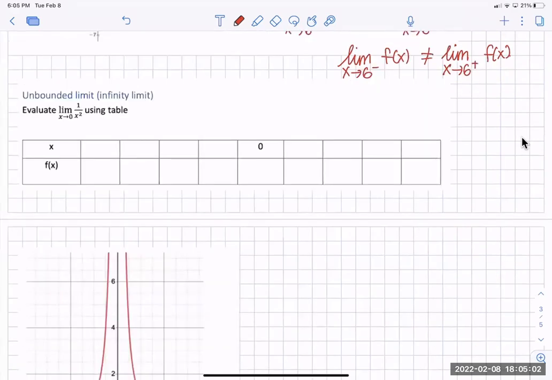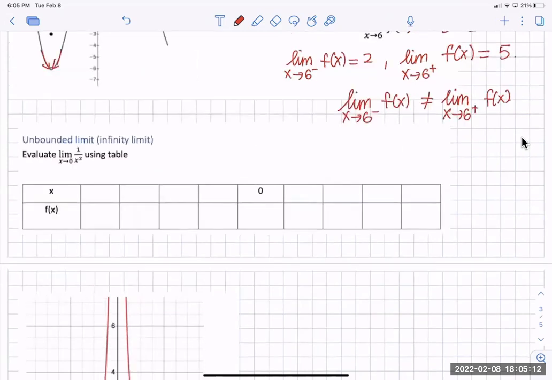All right, so let's look at this one. We're going to have an unbounded limit, okay? So when x approaches a number, there is some function or some expression that, when your x approaches the number on both sides,